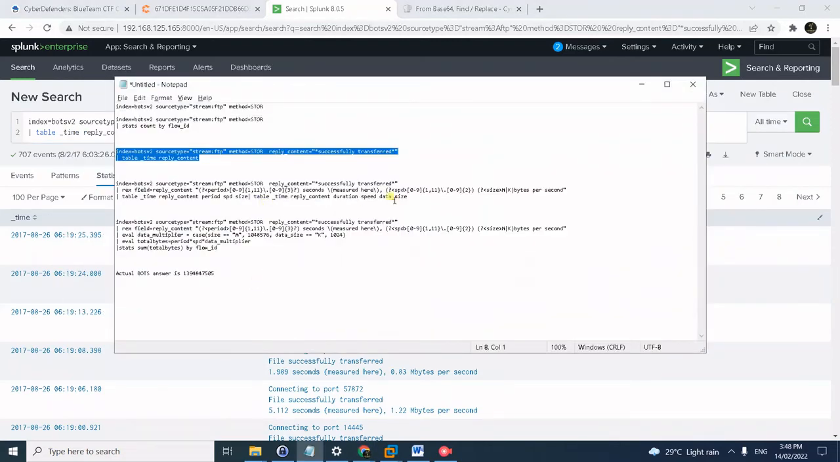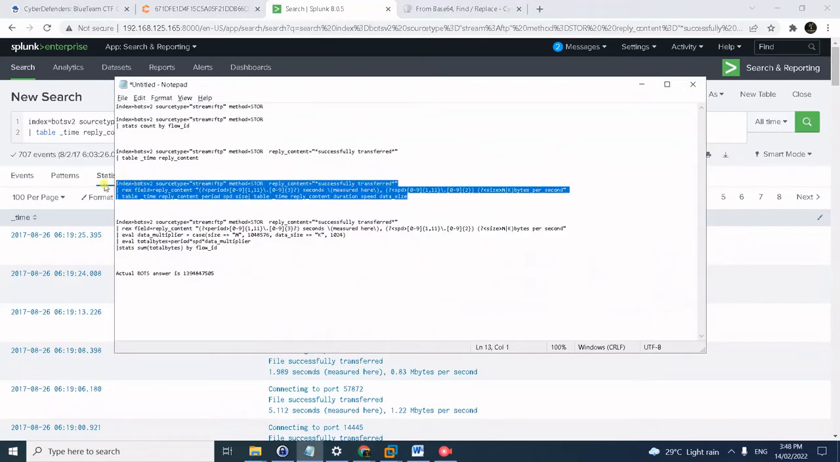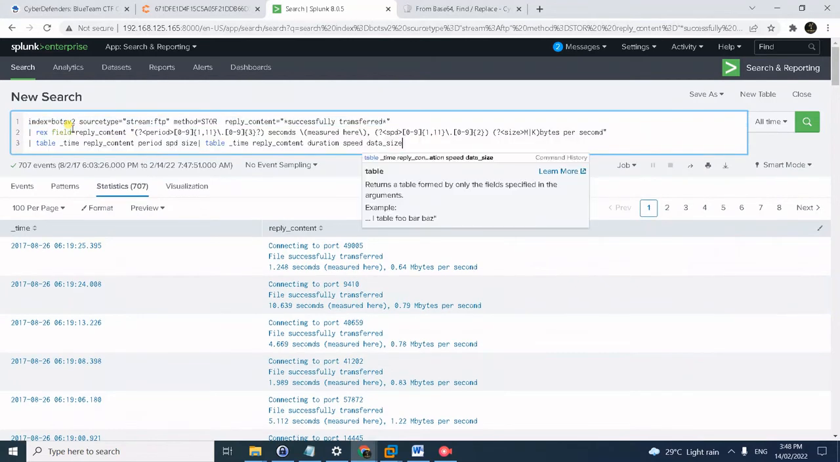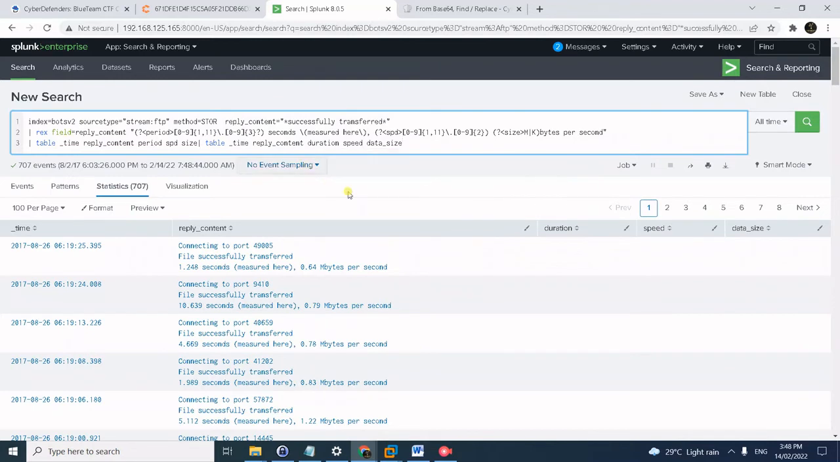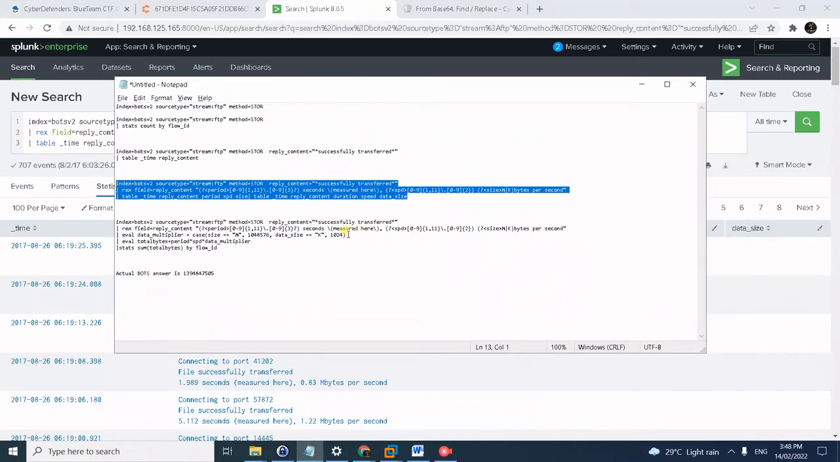So we have here the actual regex query, I mean. So here we are parsing the actual period, the speed, and the actual size, and outputting it in a table. Okay. Version size, so